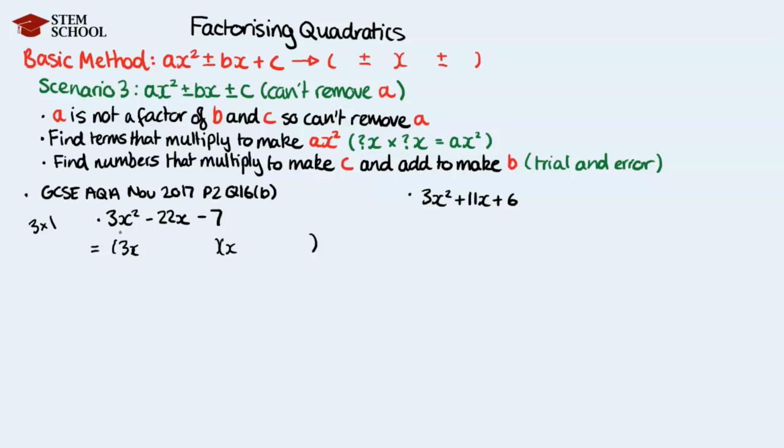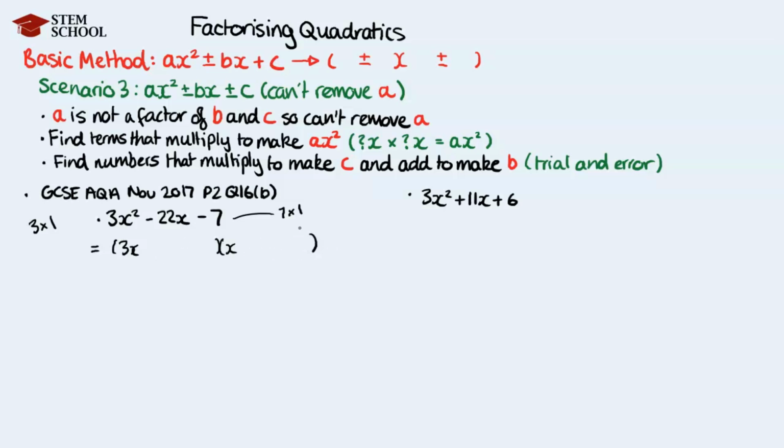So 3x times x makes a 3x squared. Now let's look at the 7, okay? So what combination of numbers makes 7? This is easy again, because it's only 7 times 1. That makes 7, okay? So we know a 7 and 1 will go into these brackets, but in which order